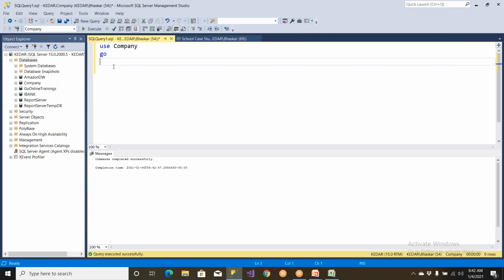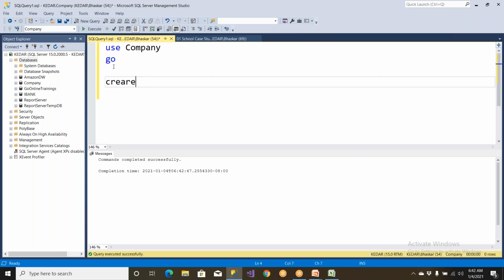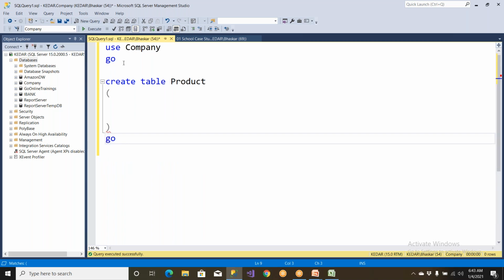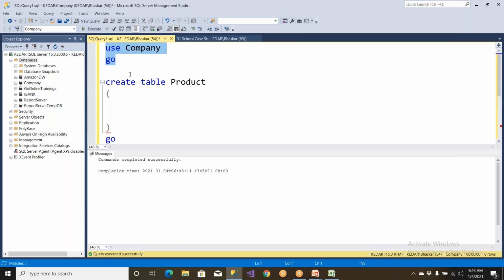Clear? So one new table I'm going to be creating now is create table, say product table. Okay, so at the end normally we put go. Use company means I'm going to be creating my table inside company database, and I'm writing create table product, say